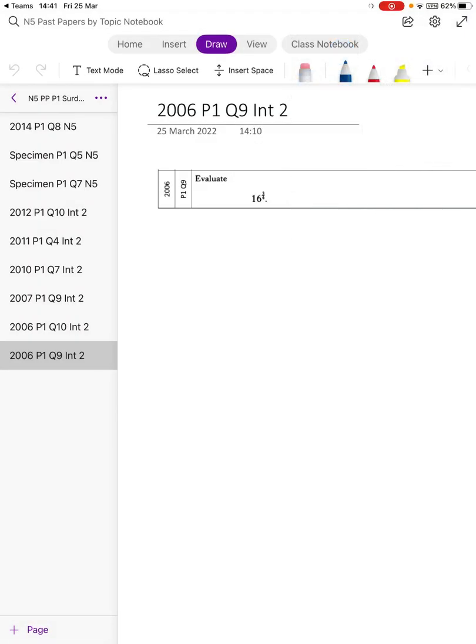Hi there, so this is 2006 Intermediate 2 Paper 1 question 9, and it's asking us to evaluate 16 to the power of 3/4. Quite tricky to read that one. 16 to the power 3/4. Now it's not asking for 3/4 of 16, that would be an easy question, but we have to know our rules of indices, what it means when we get